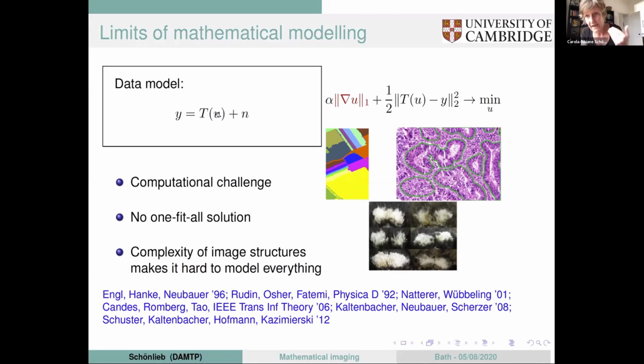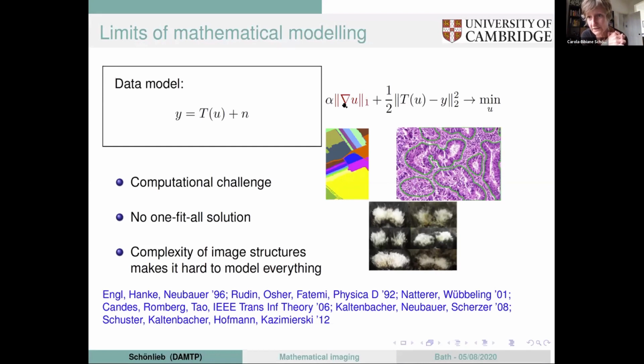It's adding regularity to your solution. Here, in this case, for instance, by minimizing the L1 norm of the gradient of U, which is also called total variation regularization. Going back to the sparsity, it models sparsity of the gradient of the information you want to extract, which means the derivative of the image should be 0 in almost all places and just non-zero in a few characteristic places, which are the edges where your gradient is large. And this type of prior information has proven to be very, very successful for many imaging tasks,